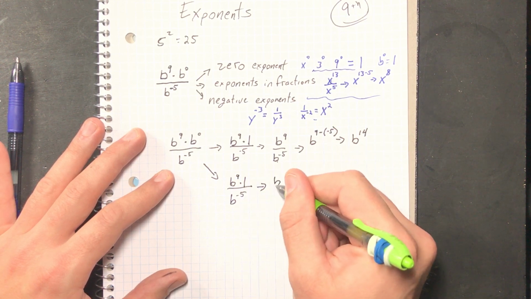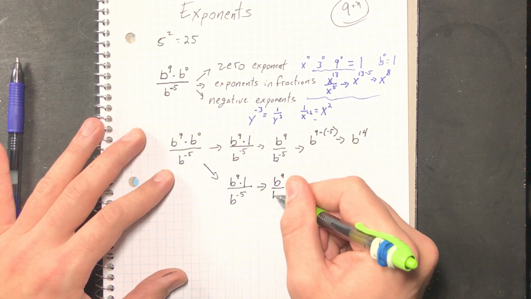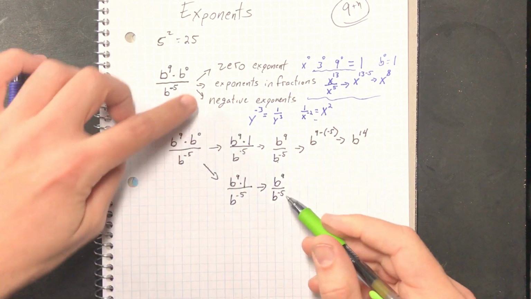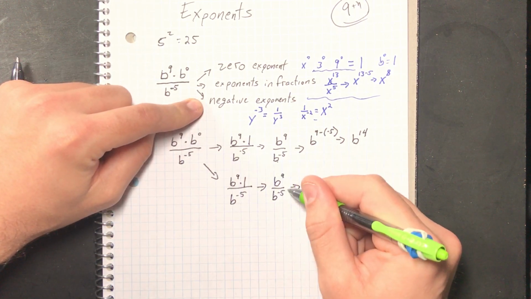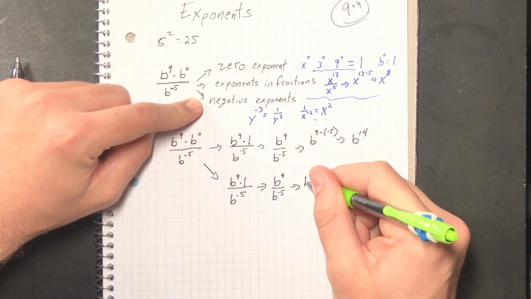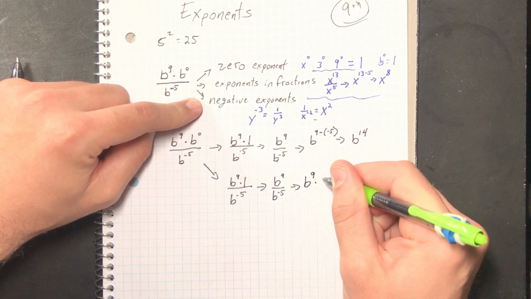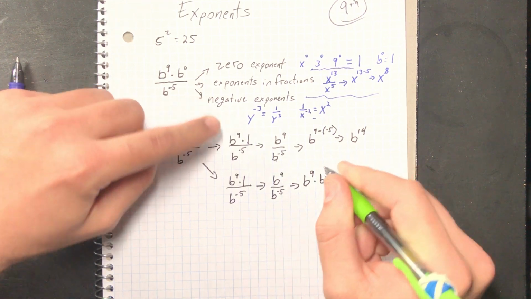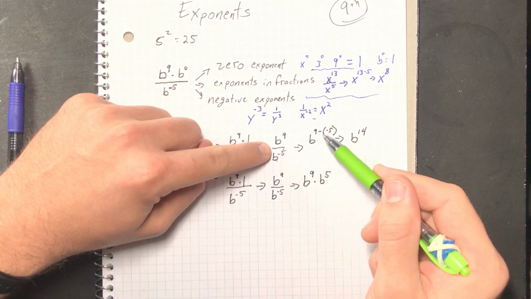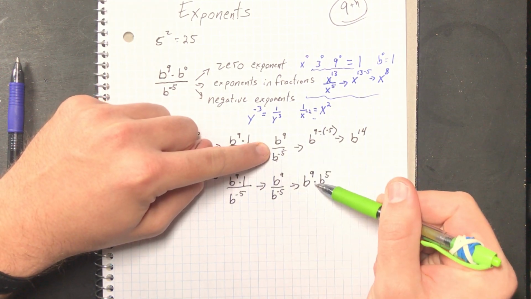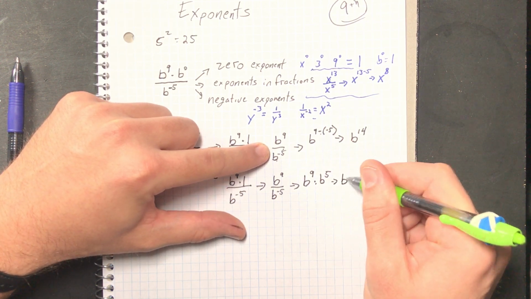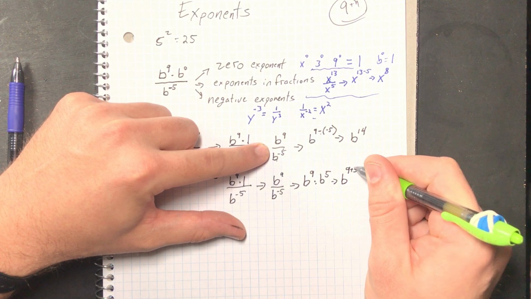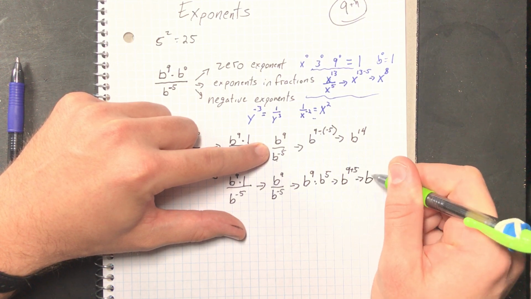That's the same thing as saying b to the 9th over b to the negative 5th. Now we're going to use the negative exponent way here. So we're going to bring this up to the numerator and make it positive. That's like saying b to the 9th times b to the 5th. And just like division means subtraction, multiplication between exponents means addition. So what we're going to get is b to the 9th plus 5, and we get the same answer, b